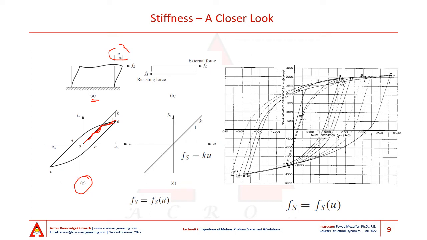Now, if at this point the direction of lateral loading of the frame is reversed, it will not follow the initial loading curve. Instead, it will unload by a new path starting at point A